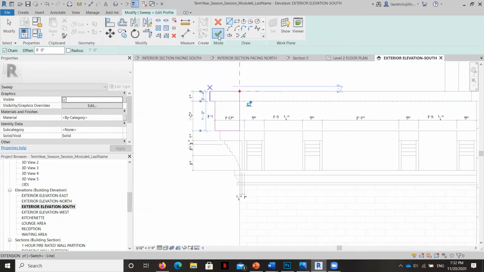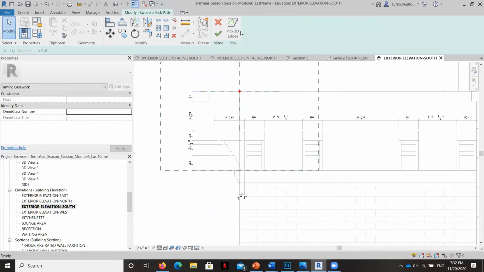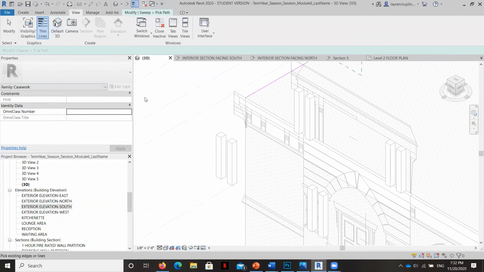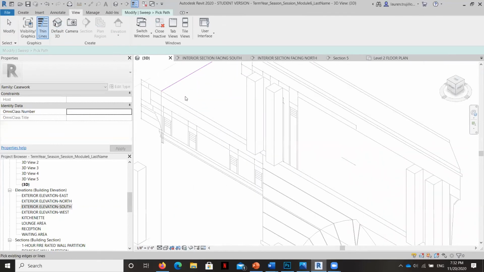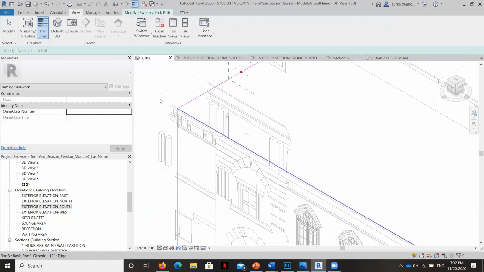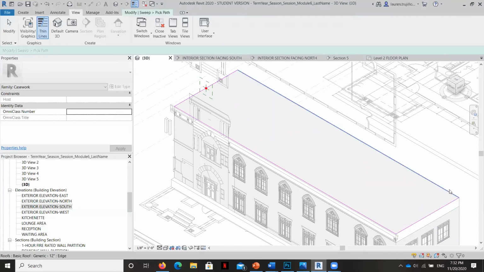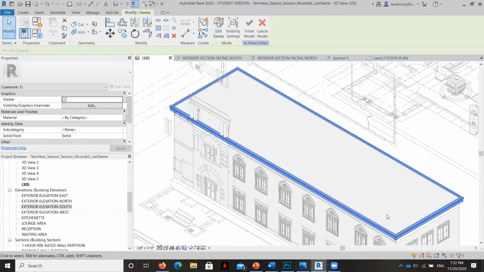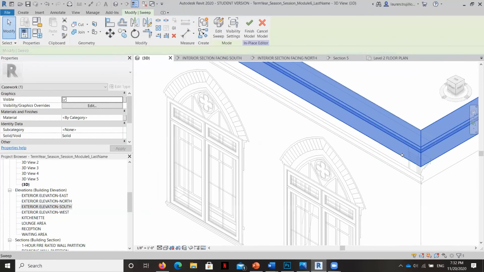All right, and then I'm going to hit the checkbox and I'm going to grab the rest of my edges. Look at that. Beautiful. Beautiful.